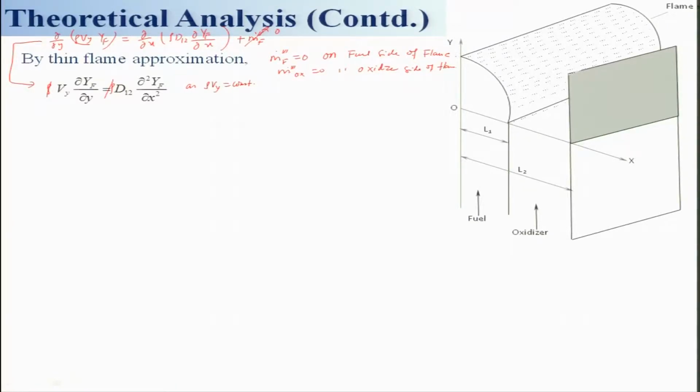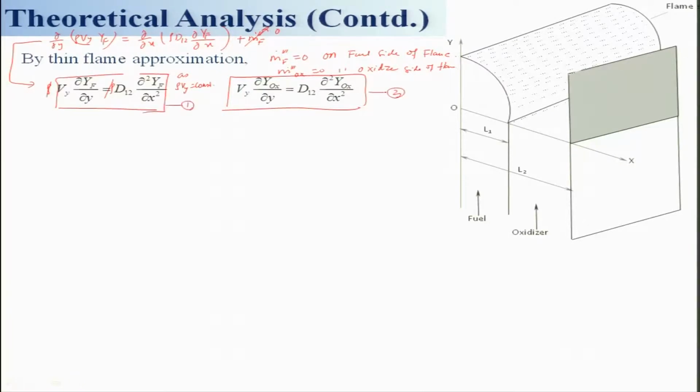So, that means I can also write down in a similar way for the oxidizer side, right. Similarly, I can write V_y ∂Y_ox/∂y = D_12 ∂²Y_ox/∂x². So, this is another equation one can think of, to simplify the solution, and this will be valid